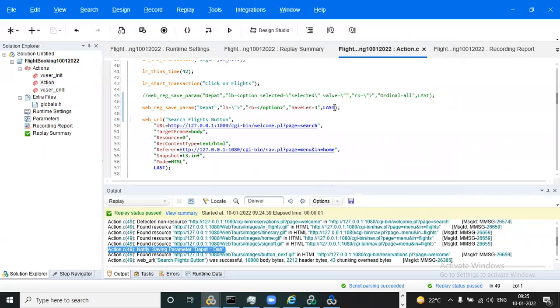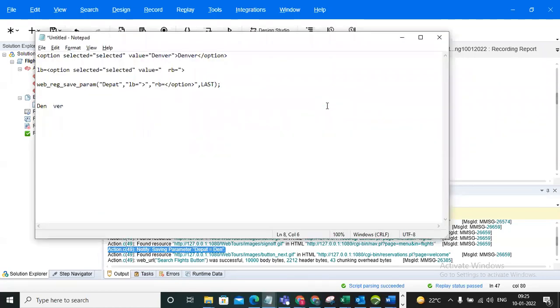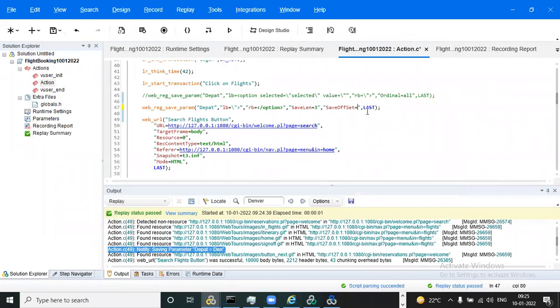For that, we need to write one more argument with double colon, that is save offset. How many characters do I need to skip? The first 3 characters. So you can use 3. When we give save length and save offset, the save offset works first.